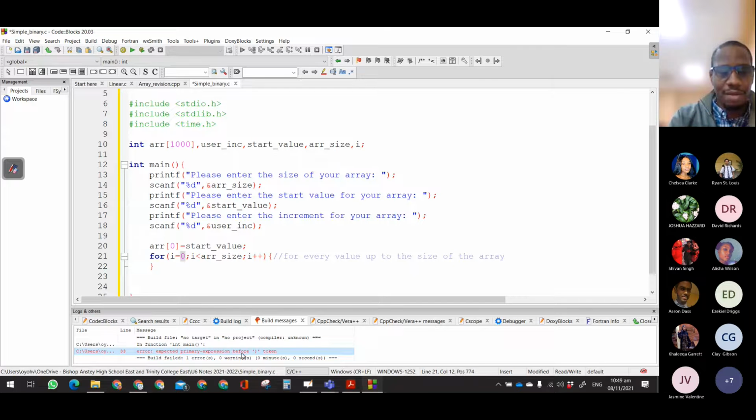Okay, and then when we say value, that value up to the size of the array is going to be the user increment plus the previous value in the array. So we say array at position I is equal to array at position I minus 1 plus user increment. Everybody understand? So for every value up, we set the first value in the array to the start